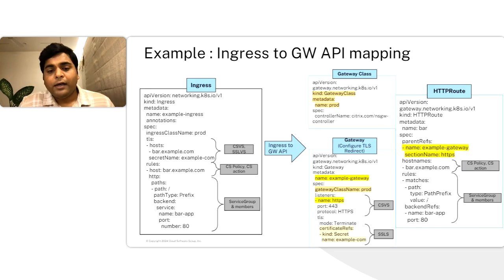Now also, if I have to put an example for you to map between Ingress and the Gateway API, here is one quick example where you can see on the left-hand side an Ingress manifest file. Like I was mentioning earlier, it has the standard template to be followed for creating the front end of the proxy, creating the back end of the proxy, and creating the TLS section.